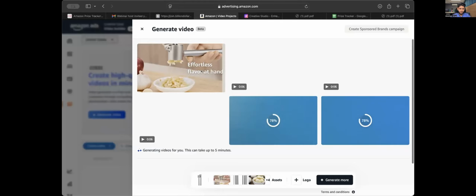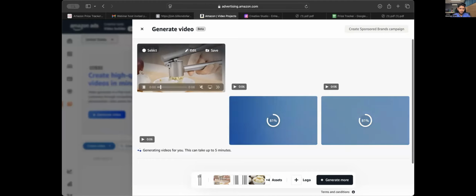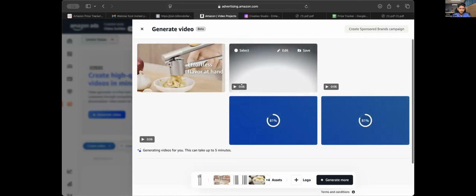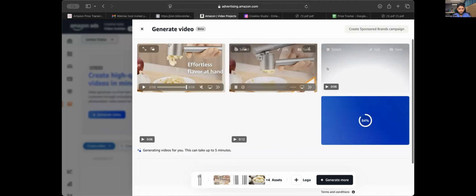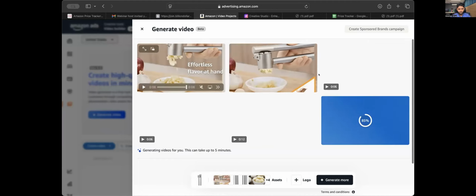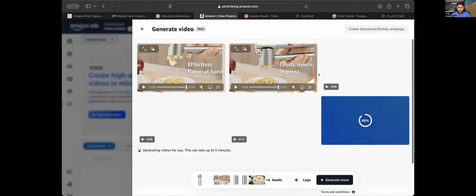Yeah, it's awesome. You can see it just picks data from your listing images and your product, and automatically it has generated wonderful video clips that you can use later for your sponsored brands. Of course, you have to combine them and need some editing, but it's wonderful. And Amazon just generated it with just one click. I simply put the ASIN in and click generate video. And if you have specific